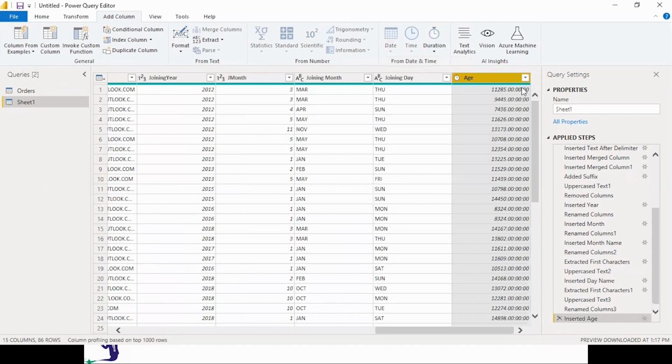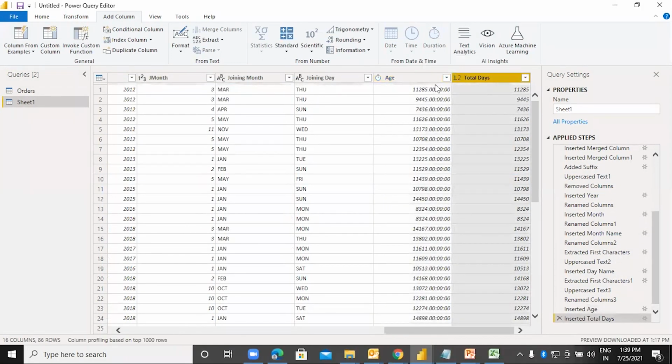Now, what does this number indicate? It indicates the number of days. So I wanted to change it. So this is the duration. I will go to the duration. What do we want out of it? Total. Let's take total days. So it is giving me the total number of days.